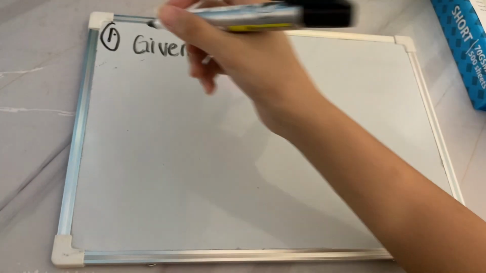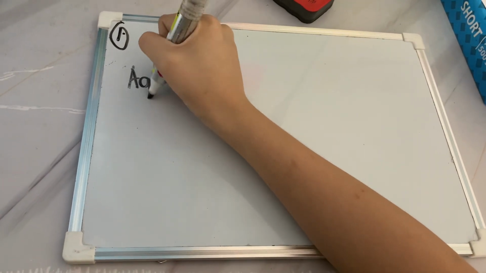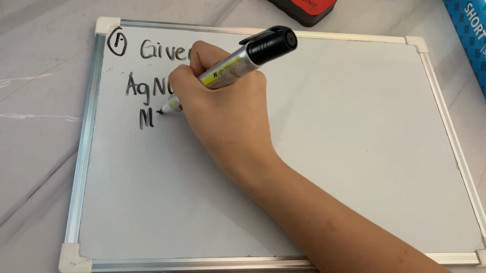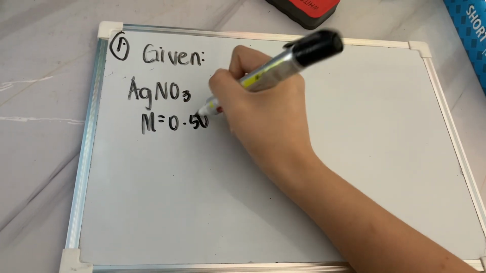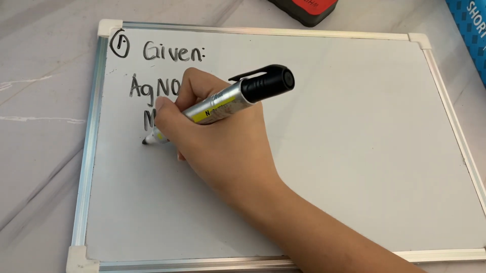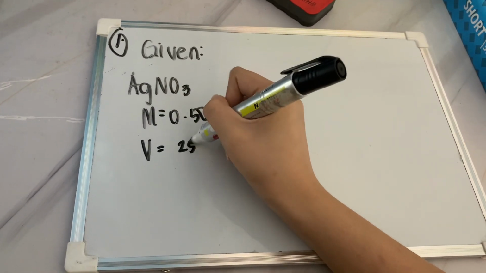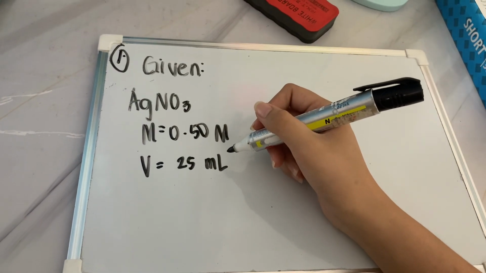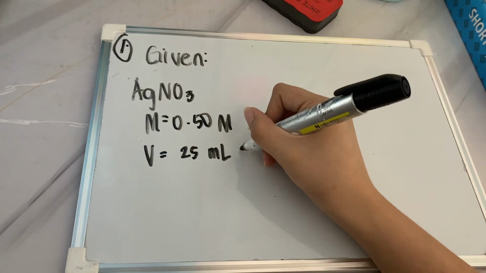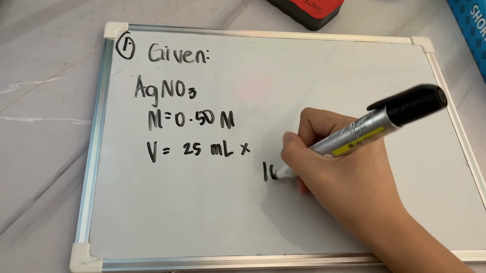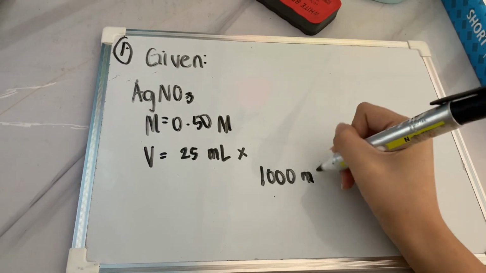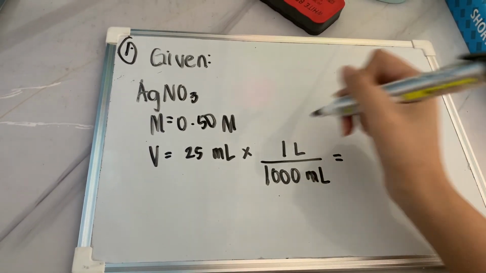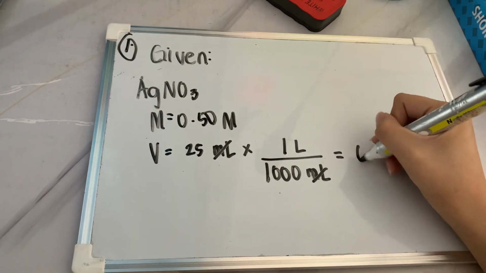From the given of this equation, we have AgNO3. So, ang iyahang mole is 0.50 M. And then, ang iyang volume is 25 mL. So, since ang pagkuha sa formula kailangan naka-liter, atong i-convert. So, 1,000 milliliters is equal to 1 liter. So, ato siyang i-divide. Ang makuha nato is 0.025